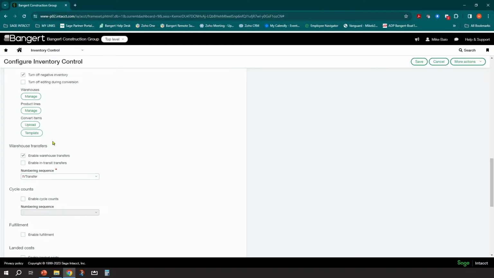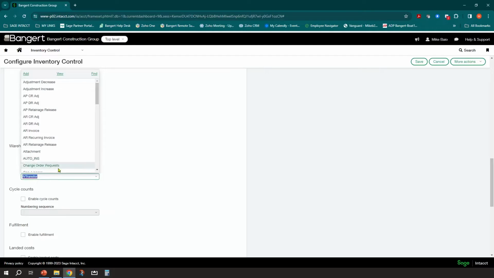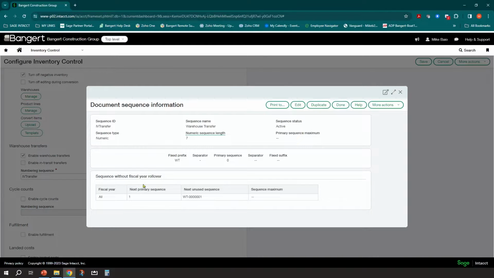And as you're progressing through your deployment here, you'll recall that we do have number sequence capabilities. So this right here is where you can establish a number sequence for transfers. So if you want to create your own inventory transfer sequences, the number sequences system can number it automatically for you. And you can kind of see here, warehouse transfer 1, warehouse transfer 2, and that can be edited.